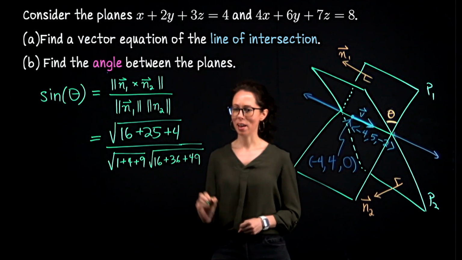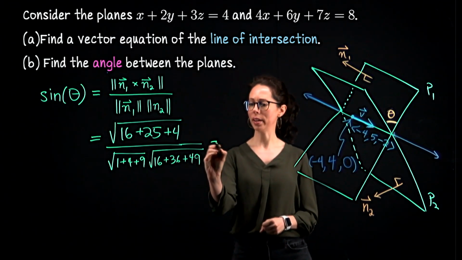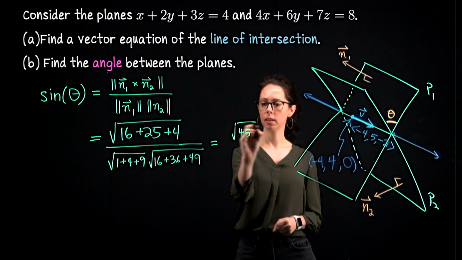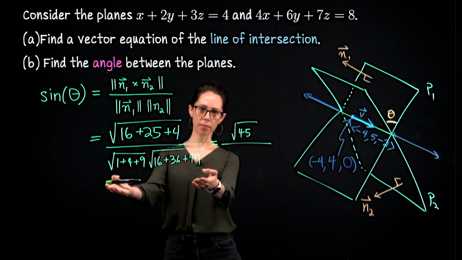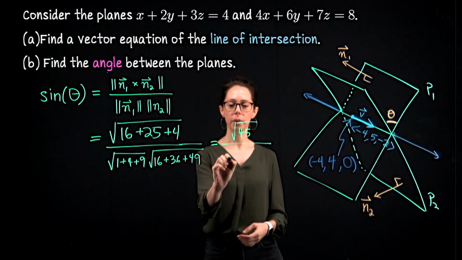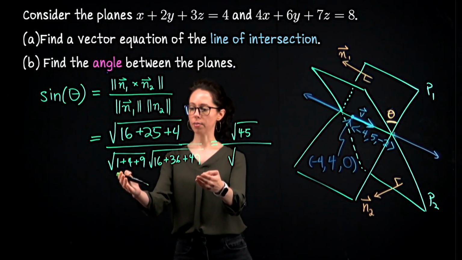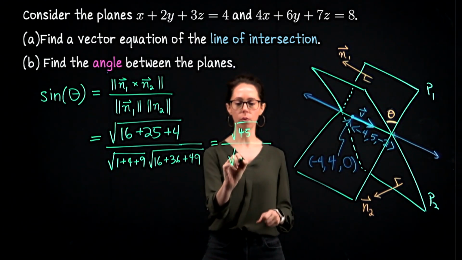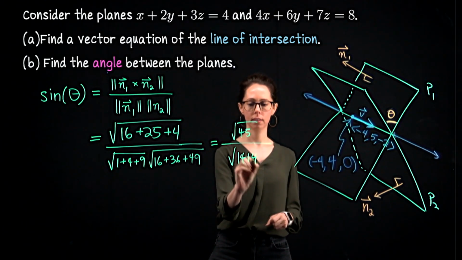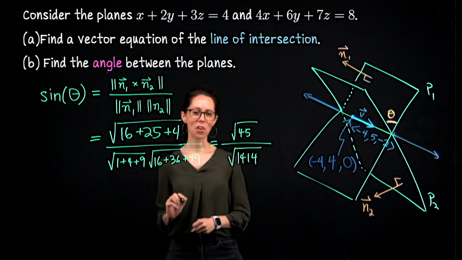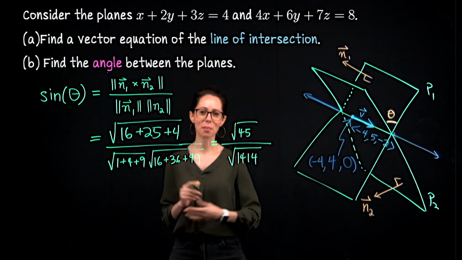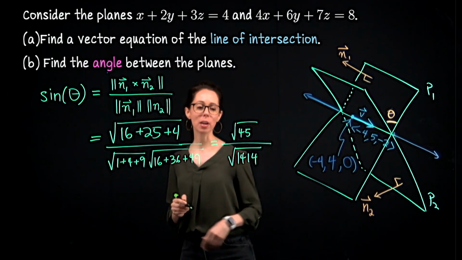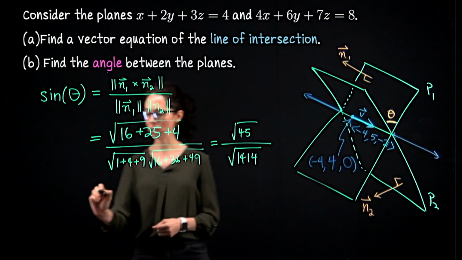Which means I'm going to run out of room, so let me just do it right here. This is the square root of 45, divided by the product of two square roots, which is the square root of their product, so I'll put it in one root. And we will have 14 times 101, which is 1414. If you're impressed with my mental math, okay, I just did that on paper. And then actually you could write this as the square root of 45 divided by this 1414. Let's do that.